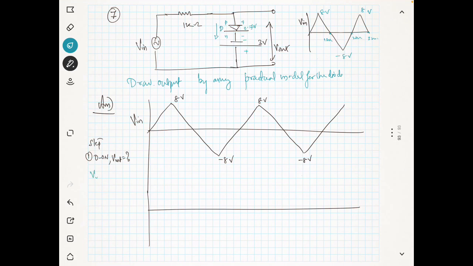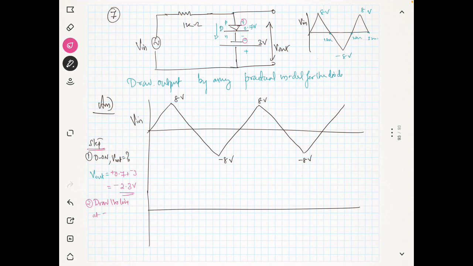So V out is equal to plus 0.7 plus minus 3, which is nothing but minus 2.3 volt. Now the second part of this method is that you have to draw the line